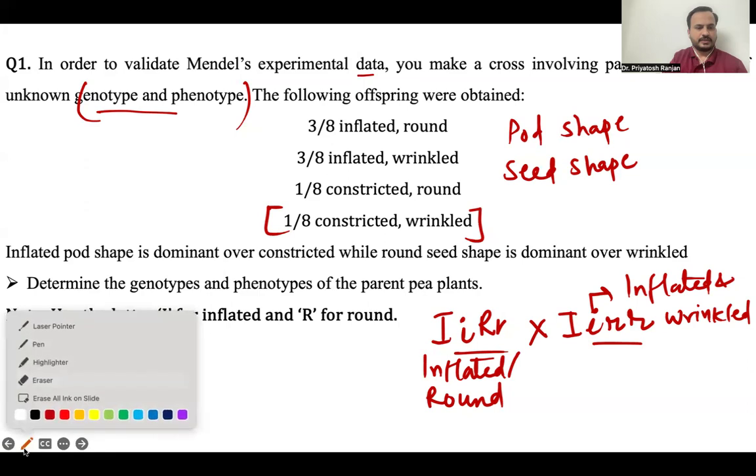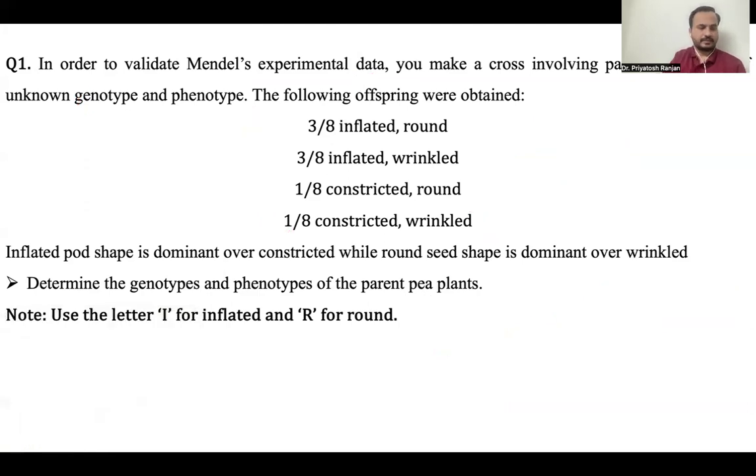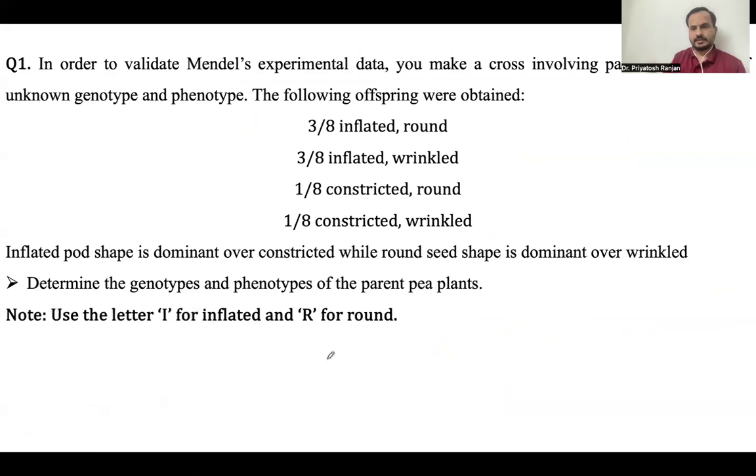Let me clean the slide and rewrite it again. I'm making a cross between capital I, capital R, small r, and the other parent is capital I, small i, again heterozygous, and homozygous recessive for the other gene, small r. Let's confirm whether I'll get 1/8